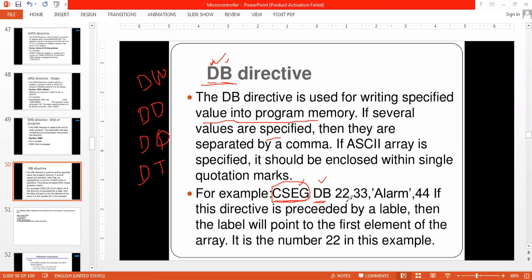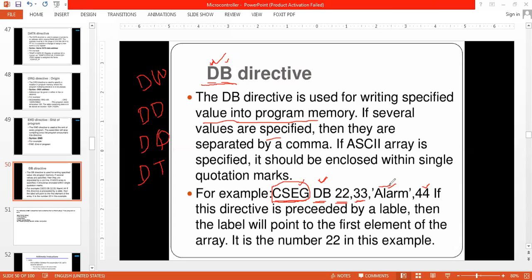CSEG starting location holds 22H. Then after that it will be incremented, and 33H will be stored into CSEG 1. CSEG 0 location, CSEG 1 location, but the data size is byte size. Say ALARM, 44, with commas written.